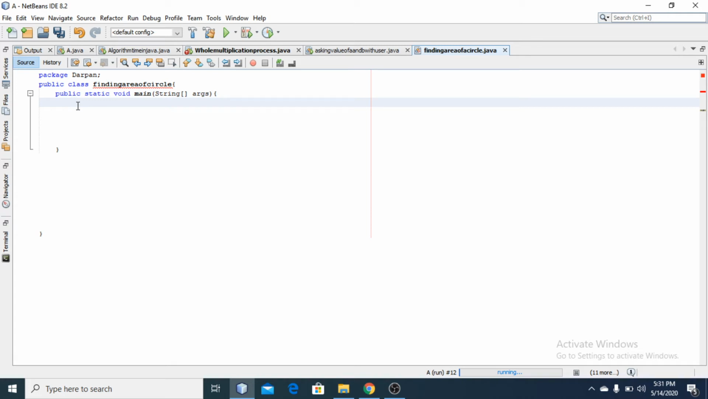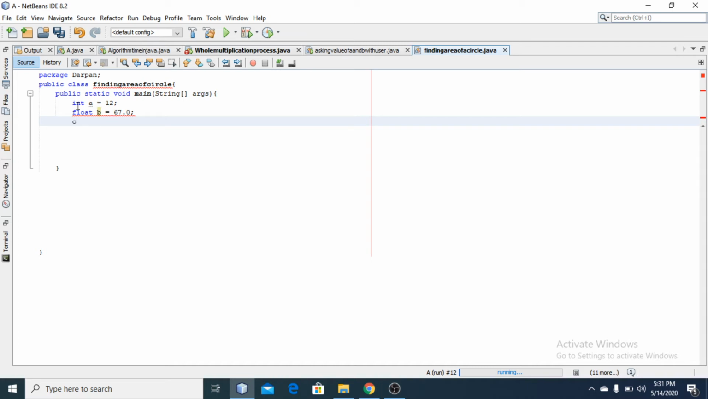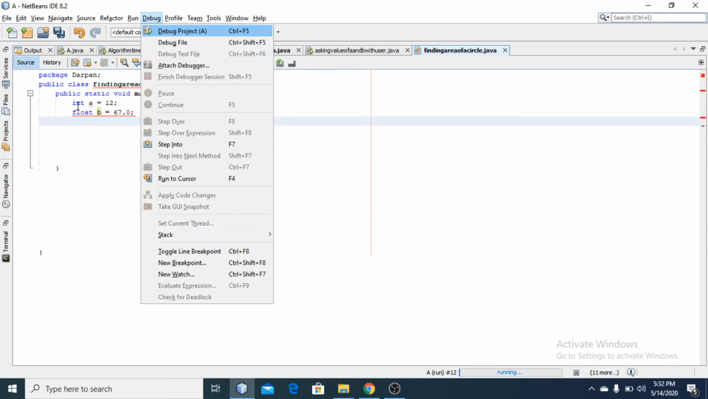So yes, int. The value of a is equal to 2. Root b is equal to 67. So if the data is decimal, we must put a point. So double is equals to